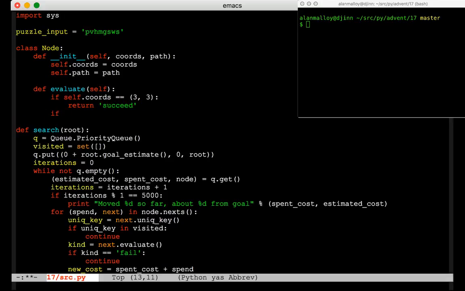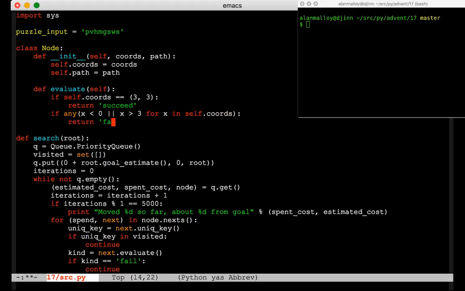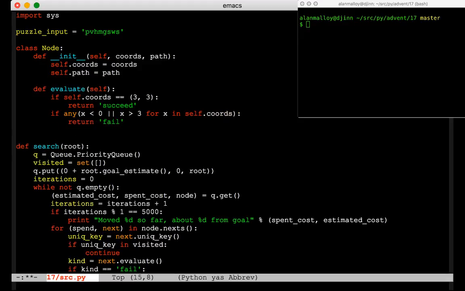If any of x less than 0 or x greater than 3 for x in self.chords, return fail. This means you've walked outside of the maze. Otherwise, return progress. Now, we could avoid ever walking out of the maze